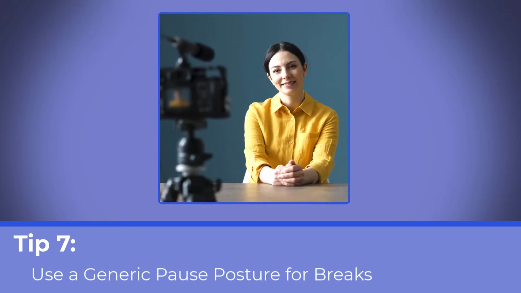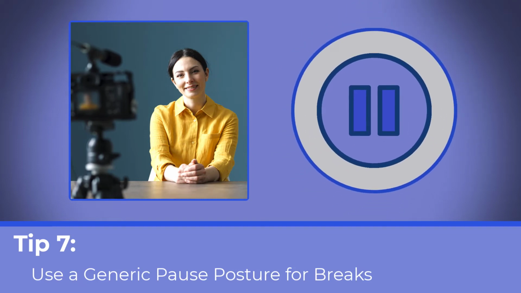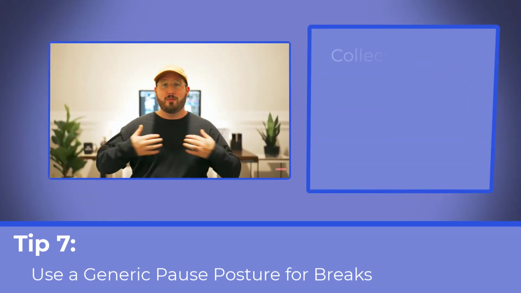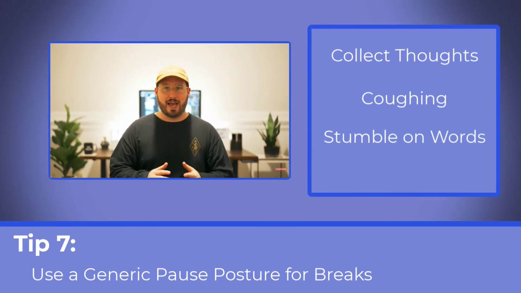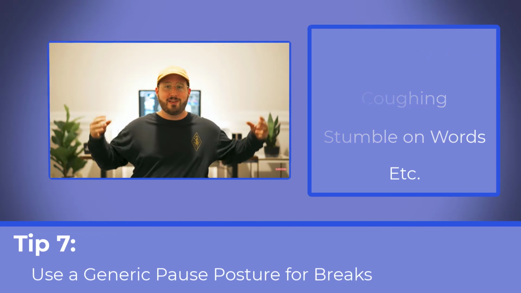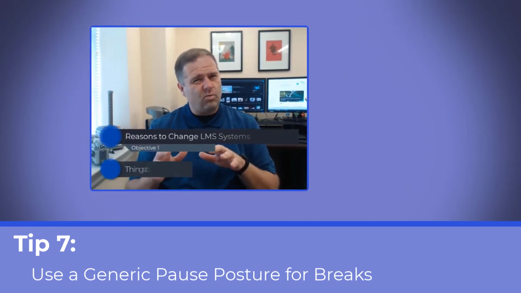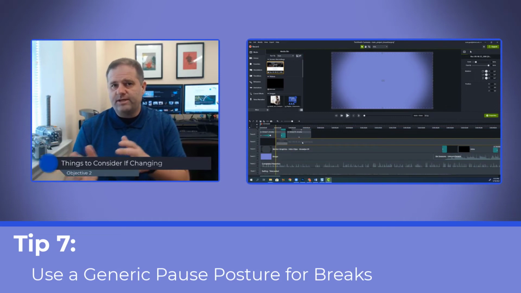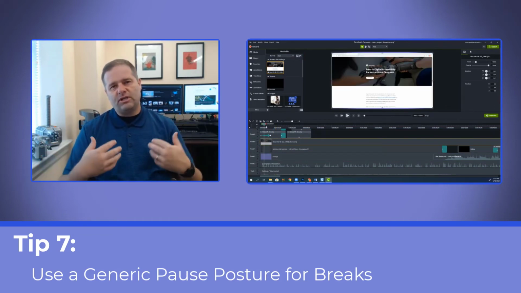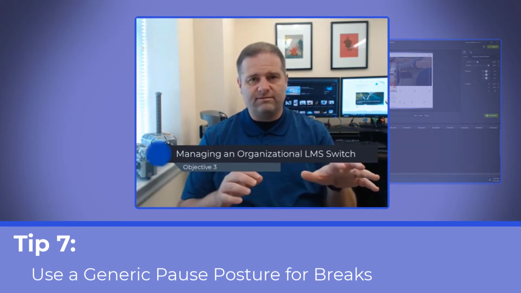For lack of a better term, think of it as a pause position. What will happen inevitably, you'll end up needing to pause to collect your thoughts, or you'll cough, or you'll stumble on your words, or restart or something. It's really hard to get a perfect take, especially the first time you guys are getting used to doing these things. However, trying to cut out those during post-production is really difficult because you're moving, so syncing up your body positioning is near impossible. This leads to weird jumps in the presentation if we make a cut.